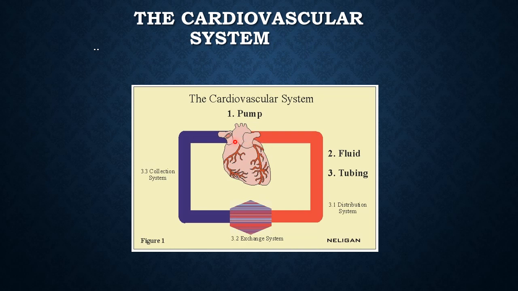This simplistic diagram is to highlight the central pump and the peripheral circulation. The strength of the muscle contraction and the heart rate are the mechanisms which affect the heart. And then you have the peripheral resistance and the capillary bed, which affect the peripheral part of the circulation. This we will discuss throughout the lecture.